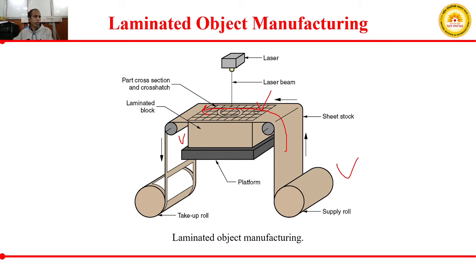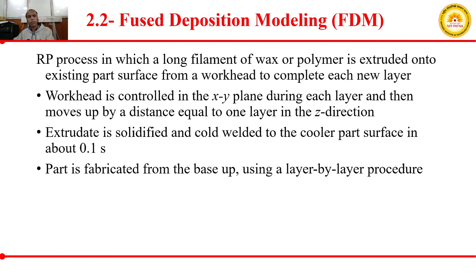In detail we will be discussing which kind of material we are using, what kind of laser source, what is the energy of the laser source, what are the difficulties, what are the applications. These all things we will be discussing in detail. In fact, I will be discussing 7 types of additive manufacturing processes in much detail. Okay, so just for telling you about the different technologies, for today I will take only names. Okay, so we have laminated object manufacturing.